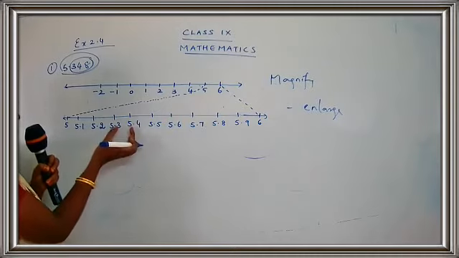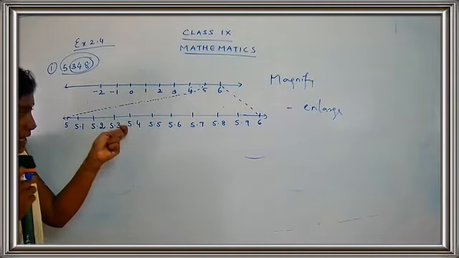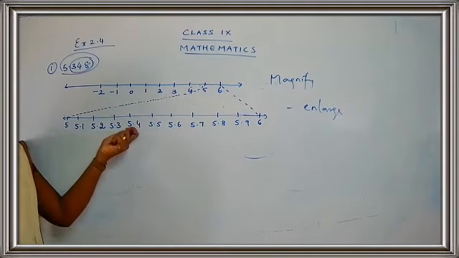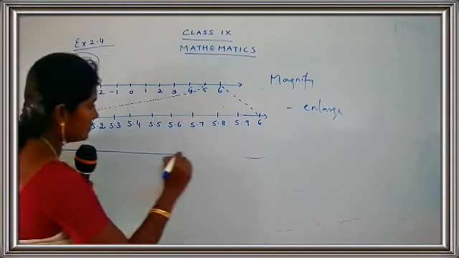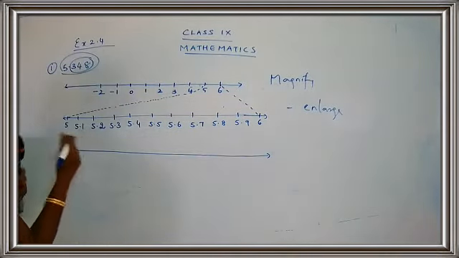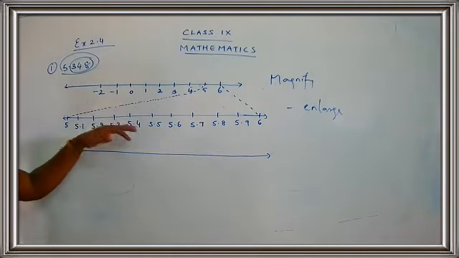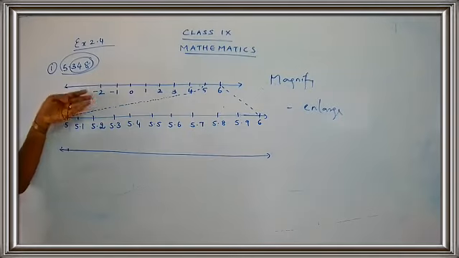So, we are going to enlarge this number. Now, again, I am going to magnify which part? I am going to magnify 5.3 and 5.4. Let us magnify this part. So, I'll get a number line again. That's why I told you, you have to use a new page. So, leave some space. Okay, don't draw the number lines very close to each other. At least leave 2, 3 finger space. Yeah, that will be easy, I think.